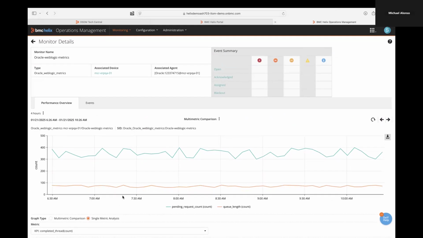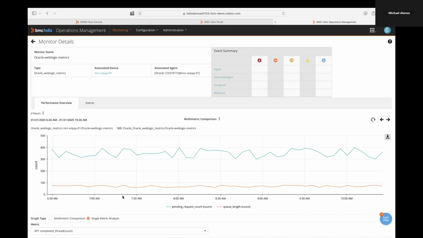We need to understand what normal is for your environment. So we're going to get this metric data, and then we're going to analyze it, and we're going to understand what is normal for your environment based on time of day and day of week. And we're going to utilize that because we have some alerts that are going to come out that are a little bit different than most.